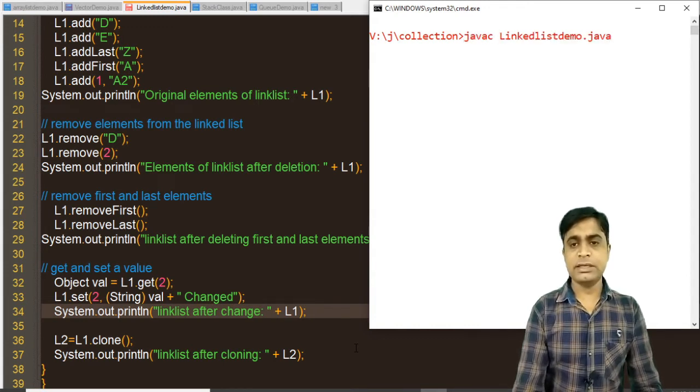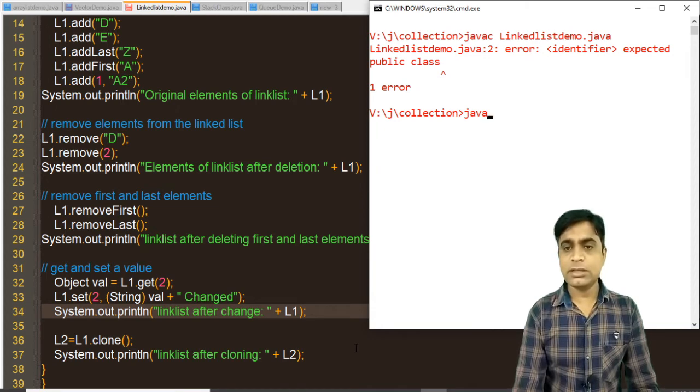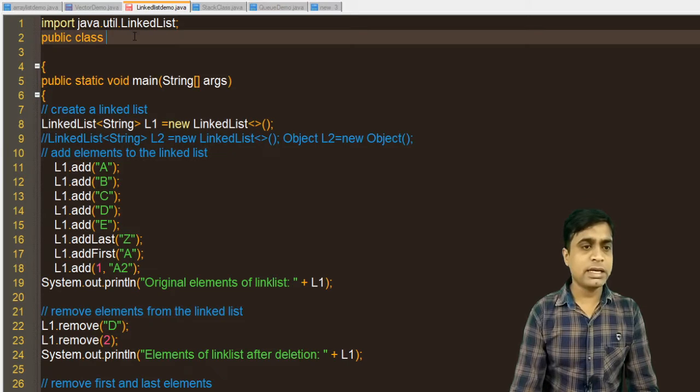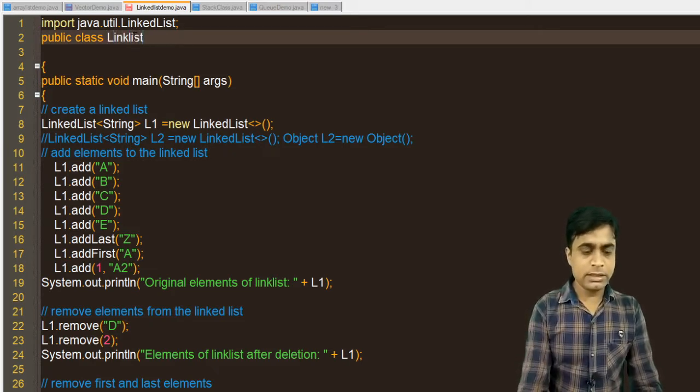javac LinkedListDemo.java. Here one identifier is unexpected, that is the class name LinkedListDemo.